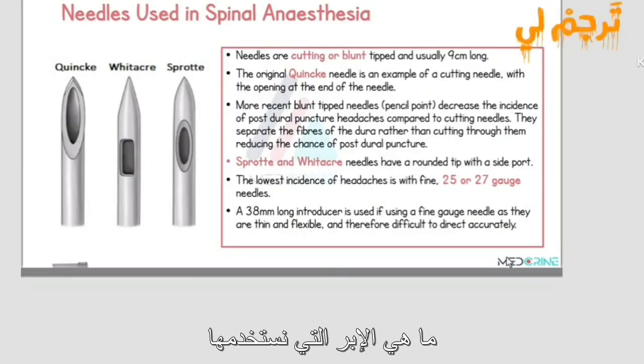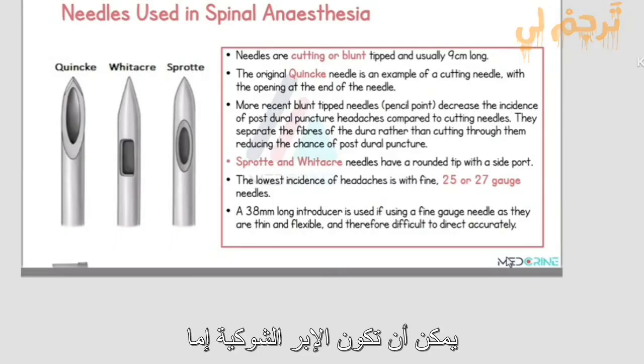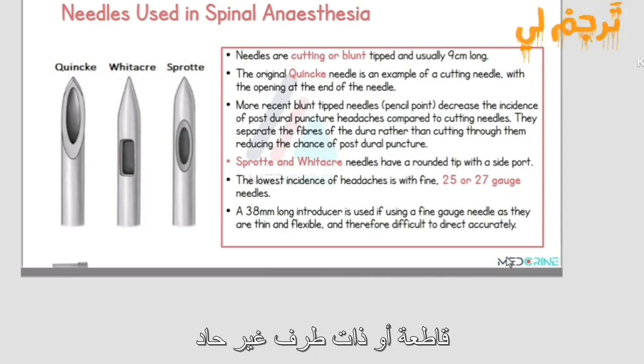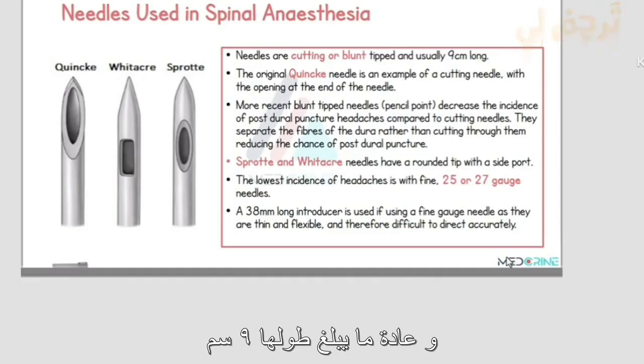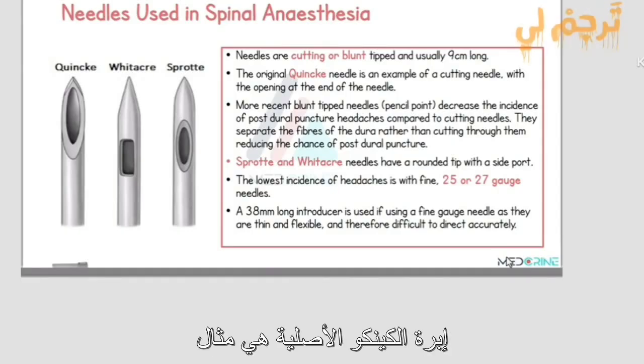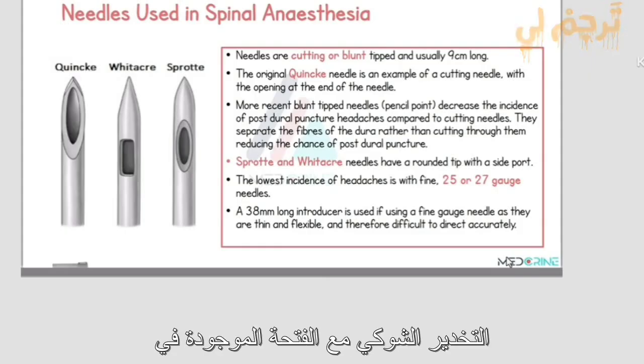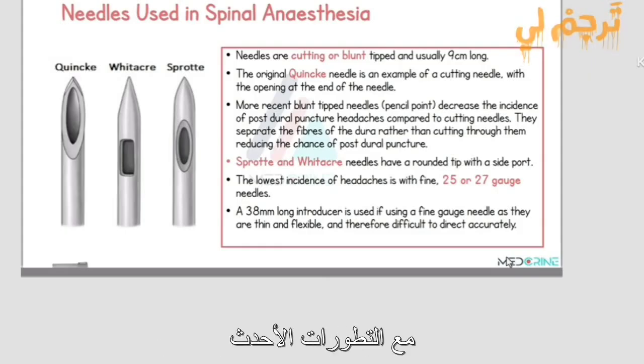What are the needles that we use in spinal anesthesia? Spinal needles can be either cutting or blunt tipped, and they're usually 9 centimeters long. The original Quincke needle is an example of a cutting needle used in spinal anesthesia, with the opening at the end of the needle. As more recent developments have occurred,